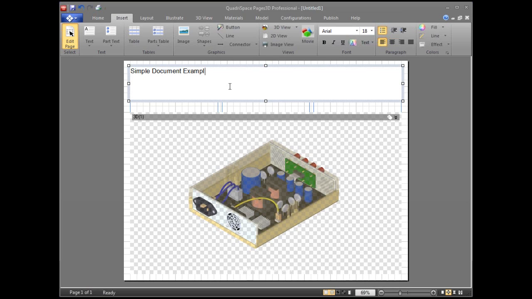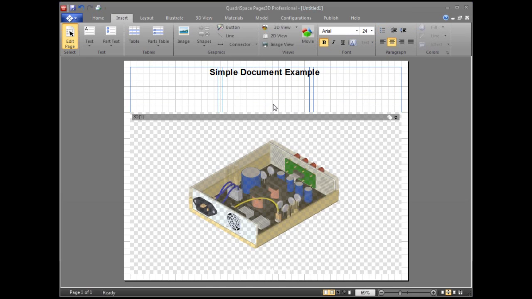And you notice that when I mistype a little bit here, I'm getting an underline there. It's a spell checker, so I can just go in and change the spelling. And we're going to go with 24-point font. Let's bold it, center it. So it all works very simply, straightforward at this point. But we haven't messed with the 3D yet. We haven't done anything to manipulate the 3D. To do that,